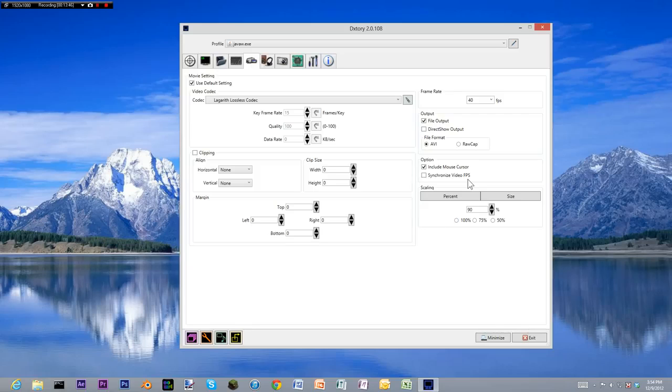And you're like, whoa, how did that happen? And you're all bummed because you thought it was all good. The reason behind that is we may have a slow hard drive. But if you want to monitor how your video is going to look, I would recommend hitting Synchronize Video FPS,